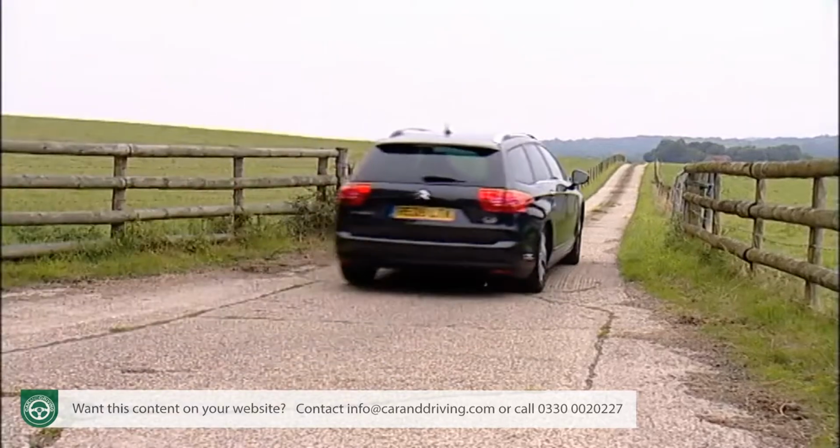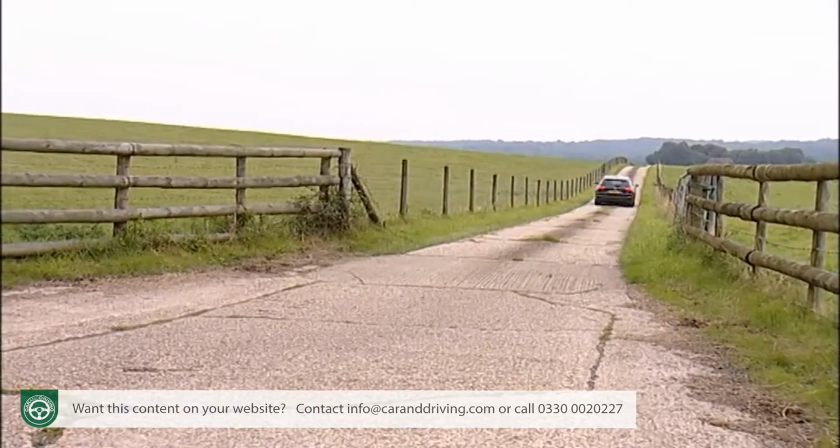Now, the diesel engines that most C5 buyers will choose all offer strong economy and low emissions. Let's take economy first. The petrols, well, they're all somewhere between 33 and 36 miles to the gallon on the combined cycle. The diesels, well, they're all between 43 and 50 miles to the gallon on the combined cycle. Emissions, the petrols lie anywhere between 188 and 198 grams per kilometre, while the diesels are between 149 and 225 grams per kilometre. All the diesels come with a particulate emissions filter that cuts particulate emissions to next to nothing,